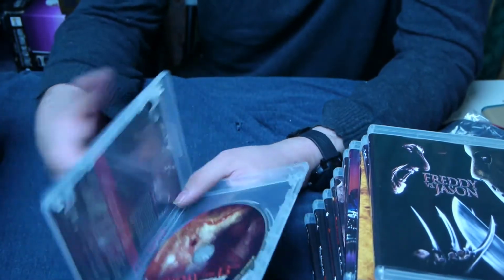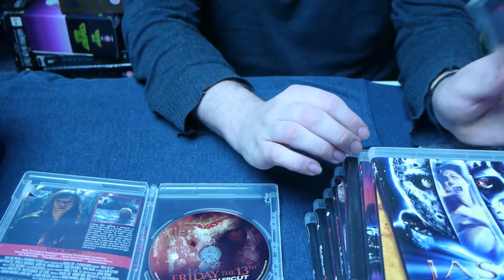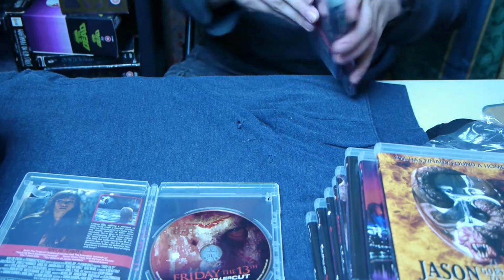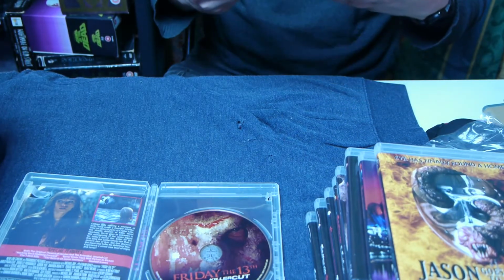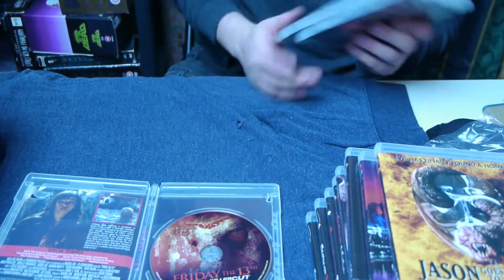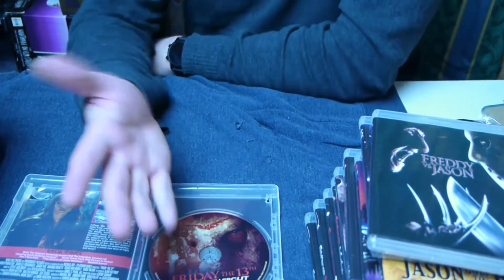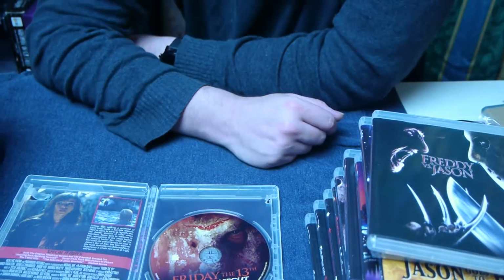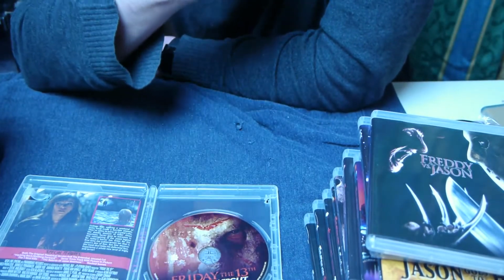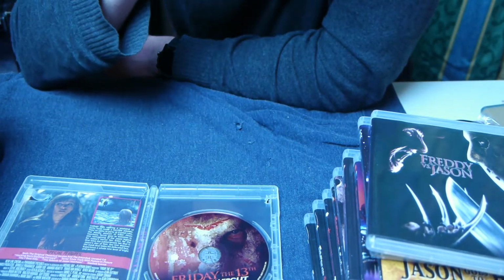There is the inside. The only thing about this, I think from Freddy vs Jason onwards, is that this disc and that one are the same discs that had been released before. If you notice on this disc, there's no mention of Screen Factory or anything. They've just taken a disc from another set and put it in here, which means there are no additional extras for this particular film, which is a bit of a shame because, as we'll get to in a minute,